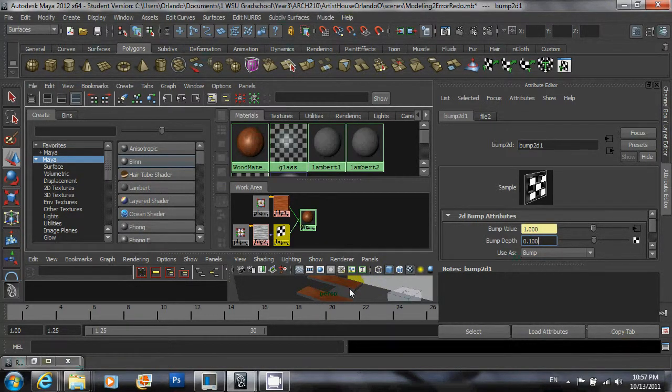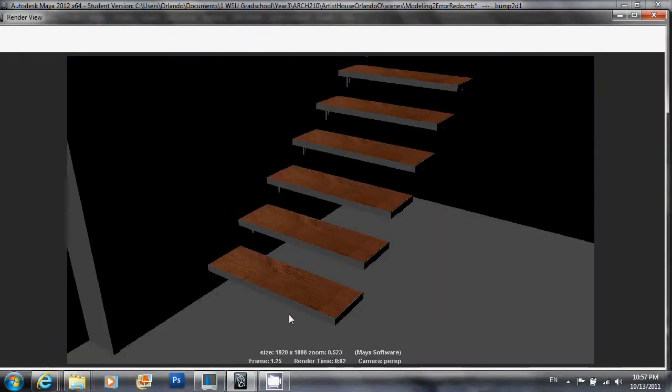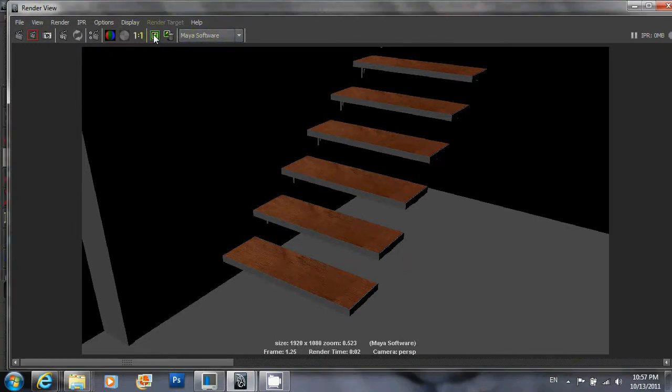And middle mouse click here on this panel. That selects that view for the rendering, and click the clapperboard again. And yeah, that's a lot better now. And you can actually save these renders temporarily if you want to compare and tweak some settings. You can do that by clicking this icon and then